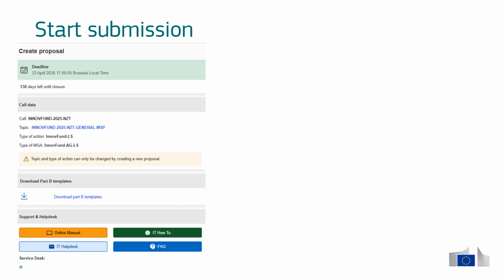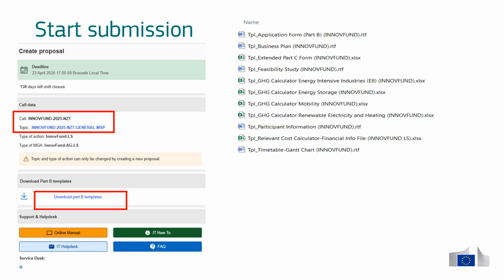On the Submission service, also called Submission, you will find this menu. Check once again that you have started your application for the right call and the right topic. From this menu, you can download the Part B templates. What can you find there? The application form Part B, which you need to fill in with the technical description of your proposal, the relevant cost calculator, also called financial information file, the feasibility study, the business plan, the participant information, the timetable, Gantt chart,